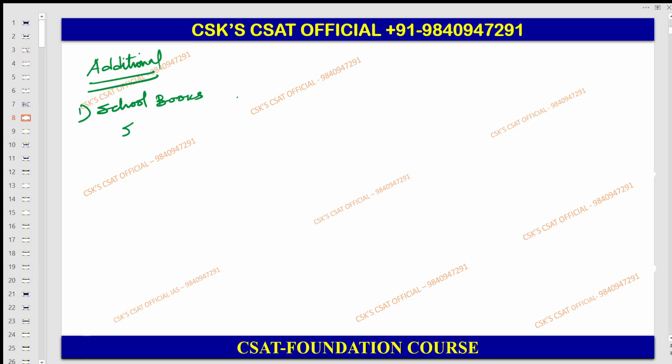Be it your state board book, be it your NCERT, surely I will teach you. But this time I will not teach directly from the school books in some cases, because many new students are there, after 500 students. Repeaters are also here. For the new students, surely I will teach the important areas from the school books that you need to learn. Instead of that, this time we have some plans: first few classes,